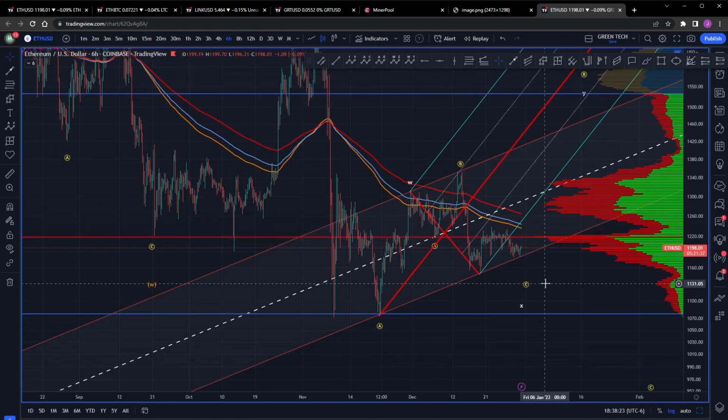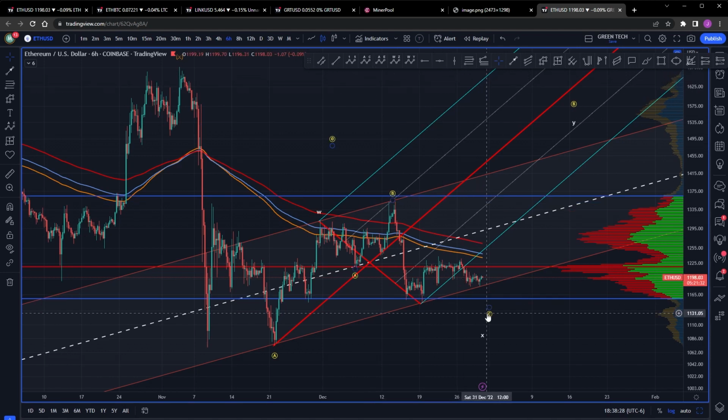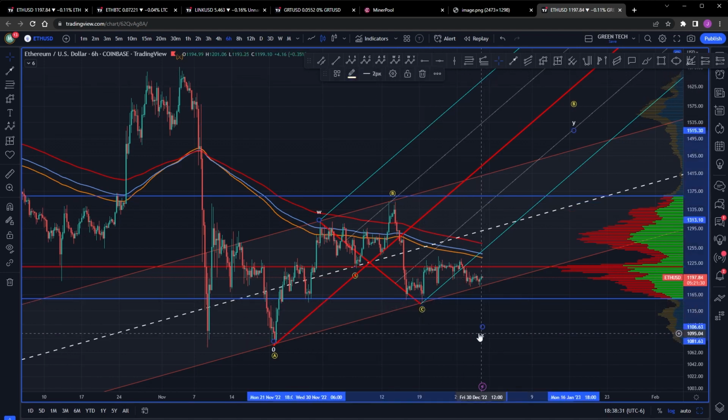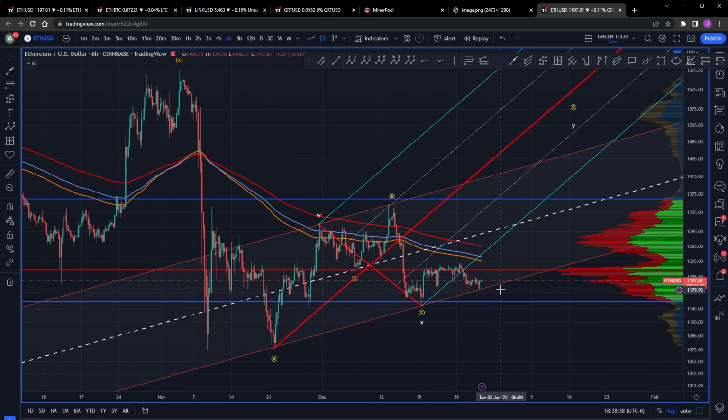To me now, it's really just gotten too big. So the question is, what is going on here? I'm going to have to now say that the C is in, that the X is in, if I'm still trying to hold on to this count. Right now, there's just some crazy things going on. We get this impulse up, we get a 3-wave move, we get another impulse, but now we've made a new low, lower than this low. Our low at this point is 1179, and it's a big question mark as to what is happening right now.